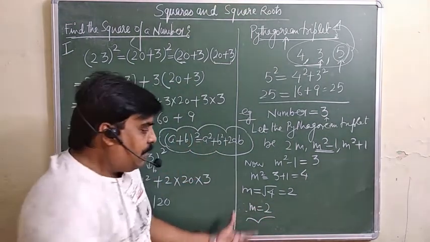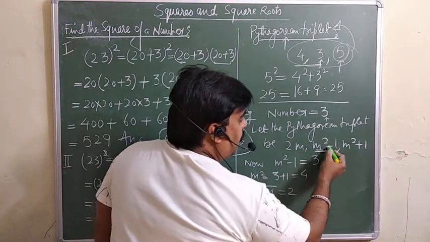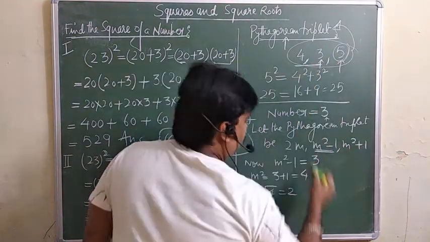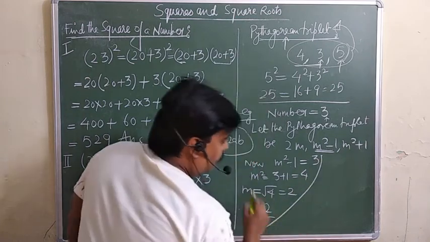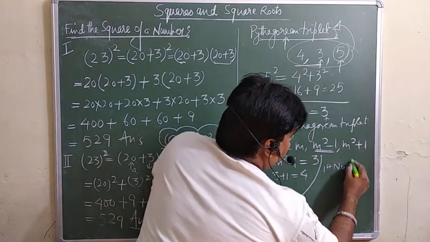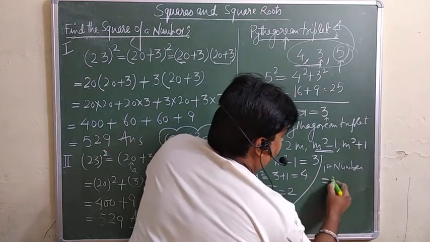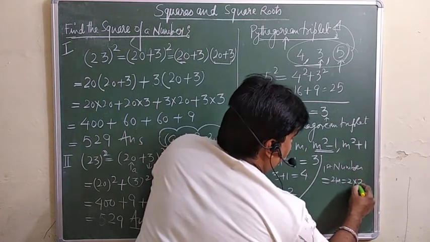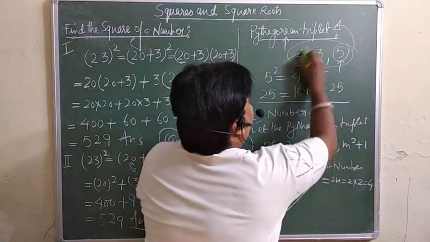आपको m निकला. अब ये m का वैल्यू you have to put here, here and here. You will get these three numbers. Look at here now. Here, first number, you can put m here only, 2m. So that is 2 into m is 2, that is 4. This number is coming.